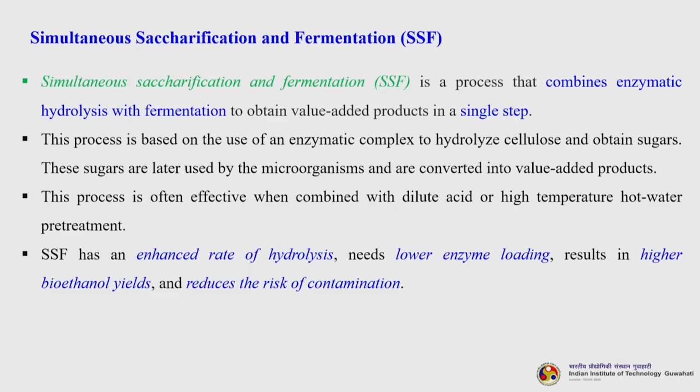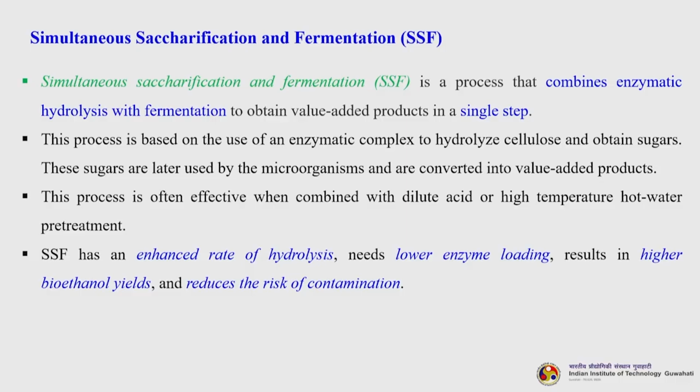Now, this process is based on the use of an enzymatic complex to hydrolyze cellulose and obtain sugars. These sugars are later used by the microorganisms and are converted into value added products. This process is often effective when combined with dilute acid or high temperature hot water pretreatment. SSF has an enhanced rate of hydrolysis, needs lower enzyme loading, results in higher bioethanol yields and reduces the risk